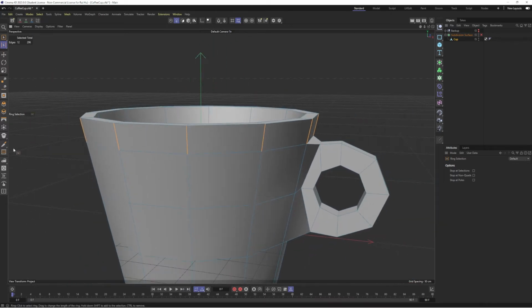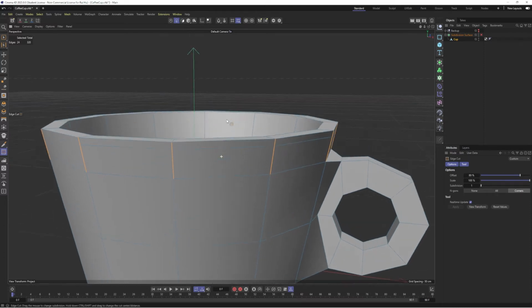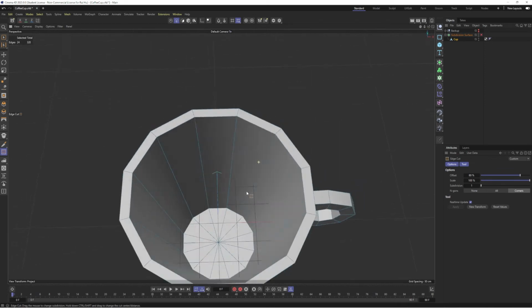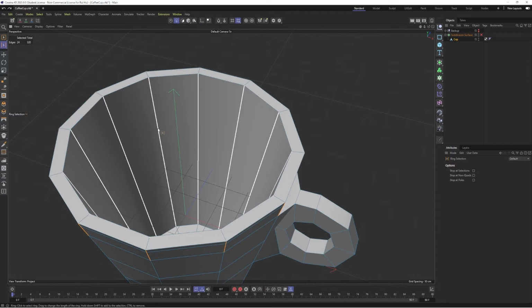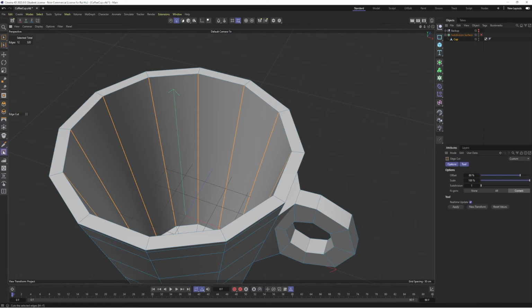Okay, and let's use the edge cut to make a cut here, and use the offset slider to slide it up so that it's closer to the top edge. And let's do the same thing inside. Let's make sure we first go back to the ring selection tool here, and then select all these inner edges, and go back to the edge cut tool,